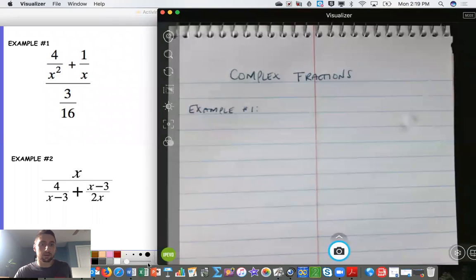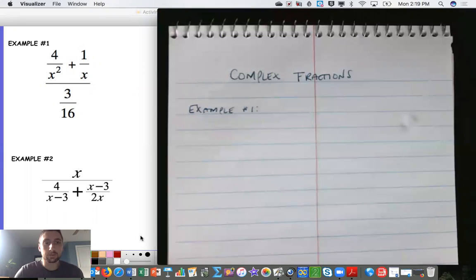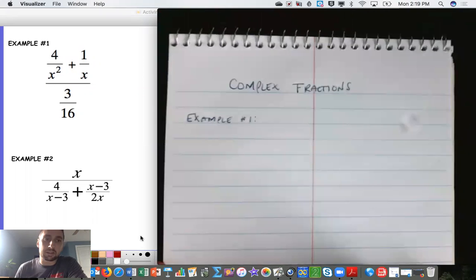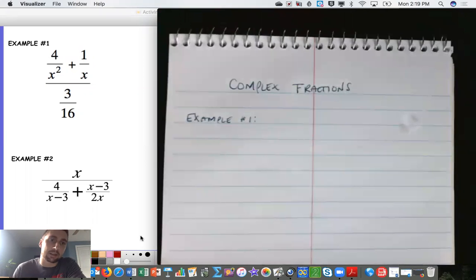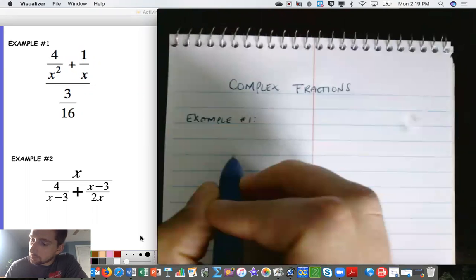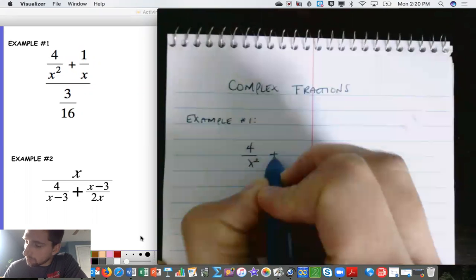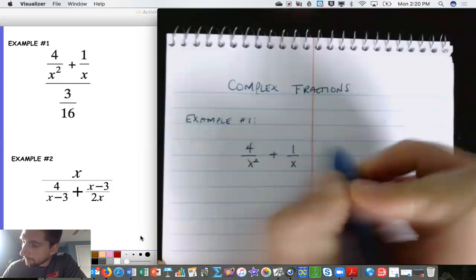In this video, we're working on simplifying complex fractions. As you notice in example 1, we have an expression in my numerator that is being added, as well as an expression in my denominator. So what we need to do first is simplify our numerator by finding a common denominator and adding the two expressions. So my common denominator of x squared and x will be x squared,